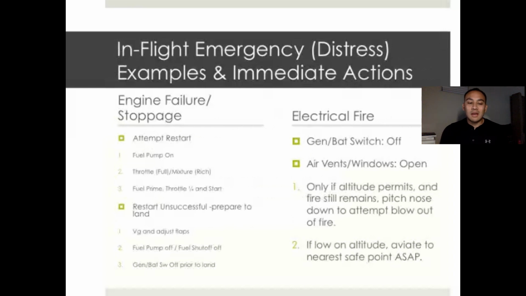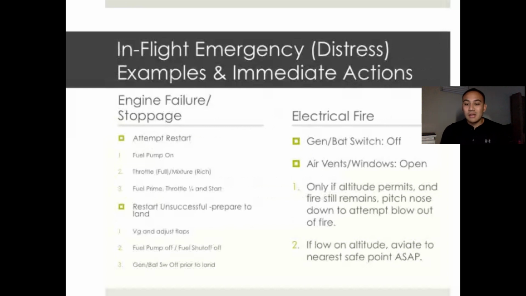In the event that it's not a 100% butter landing, you just eliminate the electric portion and you eliminate the fuel portion so that if anything goes wrong, you don't have a random fire start. Now, electrical fire while in flight, the best immediate action to fight that is your gen bat